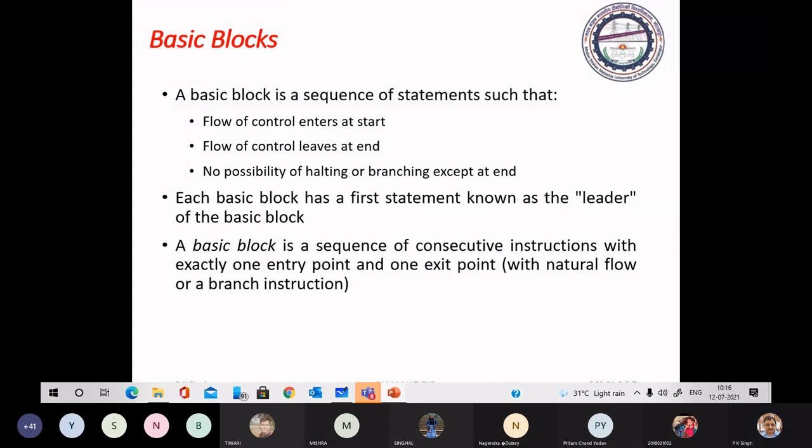This is peephole optimization. Just look at the code and you can replace redundant instructions, or make instructions more efficient for execution.